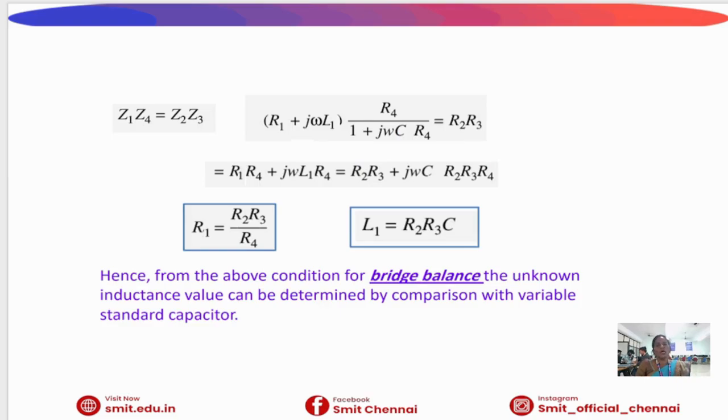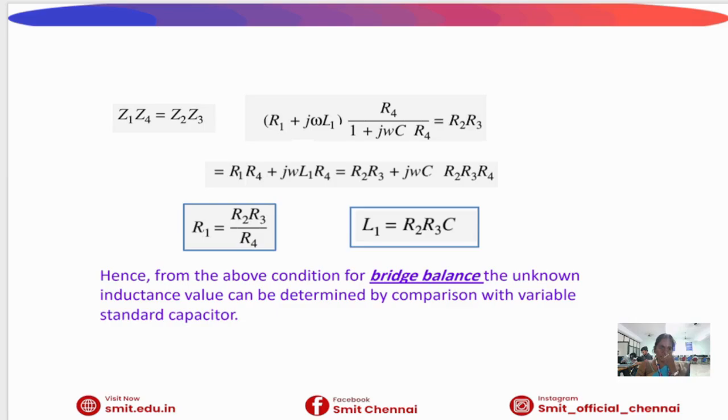Now let us understand how the unknown inductance is calculated in the Maxwell inductance capacitance bridge. When the bridge reaches balance condition, no current flows through the detector. At this point, the products of impedances of opposite arms become equal. So the balance condition is Z1 Z4 equal to Z3 Z2. Here Z1 equal to R1 plus j omega L1 represents the unknown coil. Z2 equal to R2, Z3 equal to R3, Z4 is the impedance of the parallel combination of the resistance R4